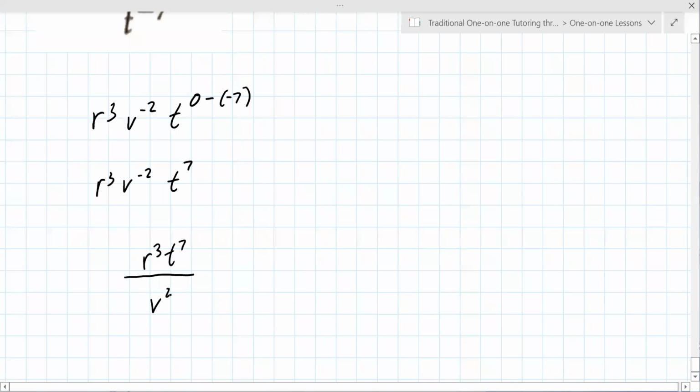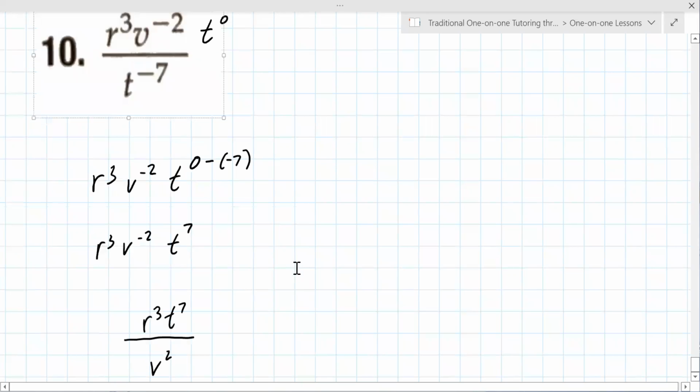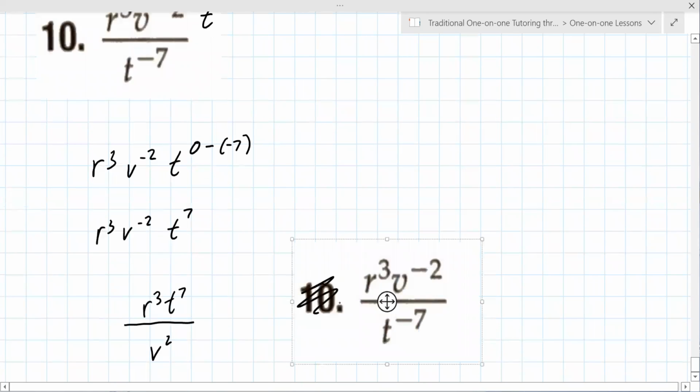Perfect, really good. Okay, now here's what you should notice. Here's the original problem. Let me grab it one more time. Put it over here. And then here's your final answer on the left here. So do you see that the negative exponent went to the bottom and the